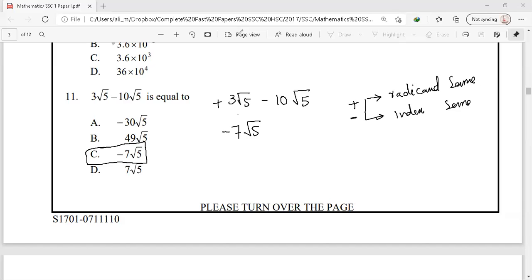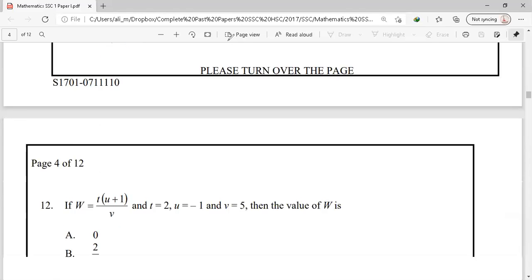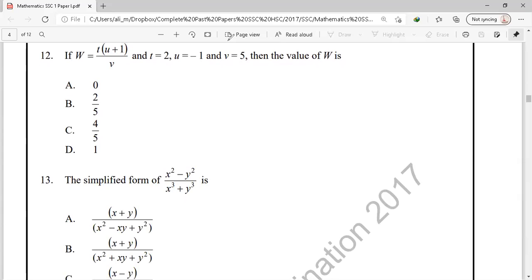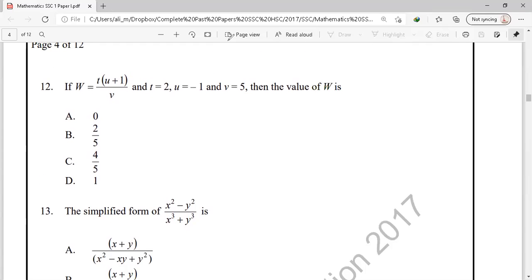So let's see what we have in our next question, that is question number 12. In question number 12 we have an equation in which we have to find the value of w, in which the remaining variables are given. So according to this question, w is equal to t into u plus 1 over v. The value of t is 2 and the value of u is minus 1 and the value of v is